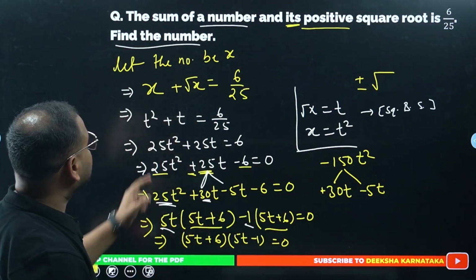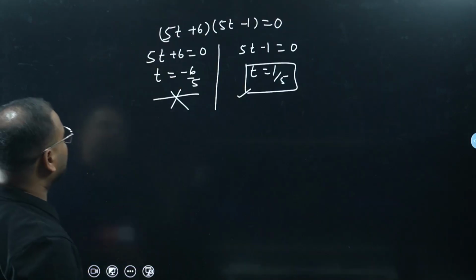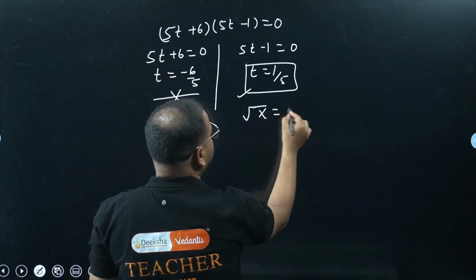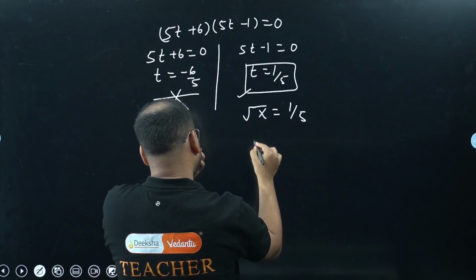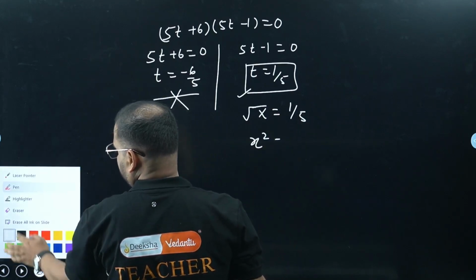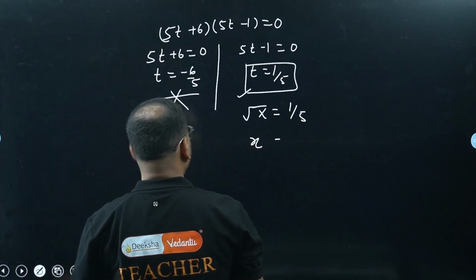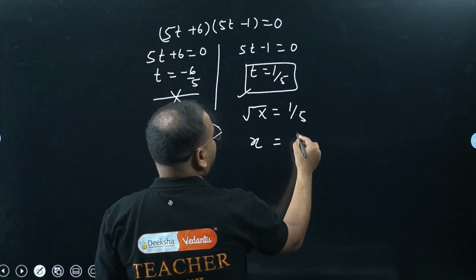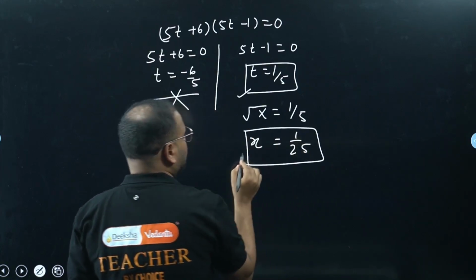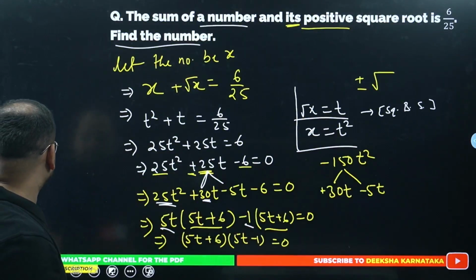Okay. The question is, we have taken root x equals t. So wherever there was t, we'll write root x equals 1 by 5. Please square it up. It becomes x. Forgive me, not x square, just x, because the square of root x is just x. 1 upon 25. So what is my number? 1 by 25. If you want to verify,